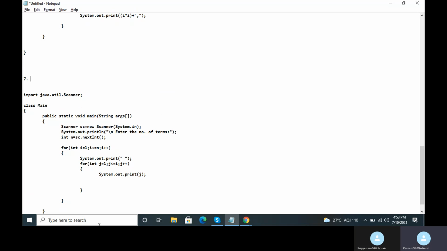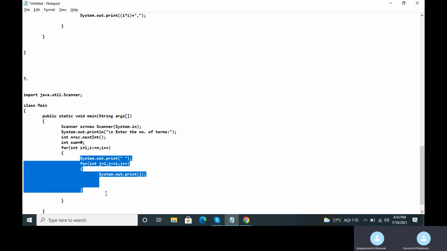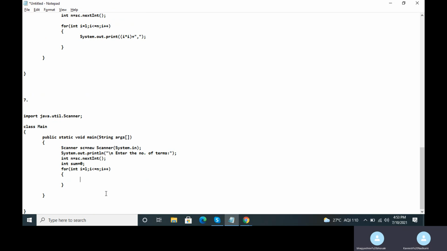Okay, so here what I'll do, see, each time the outer for loop runs. Okay. Very easy. We'll just multiply. But what to do? I will take a variable called sum now. Okay. Initial value of sum is 0. Now what do you do? Each time the outer for loop runs. Okay. What should you do here basically? Very easy. Sum is equal to sum plus I into I plus 1.